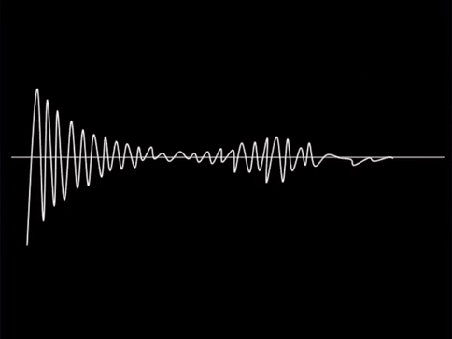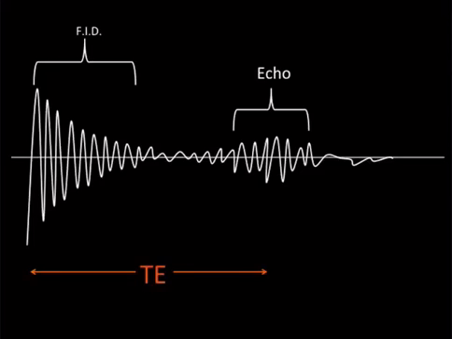Now, here's another sort of diagram of what's actually happening. Here's our free induction decay, without any magnetic gradient, this is a received signal. So there's also this entity called an echo. Think about it as you've gone into a tunnel and you shout, and your voice trails off, and then you start to hear your voice again. It sort of comes back. That's the echo. So what is the TE, or the time to echo? This is the time between the middle of the 90-degree